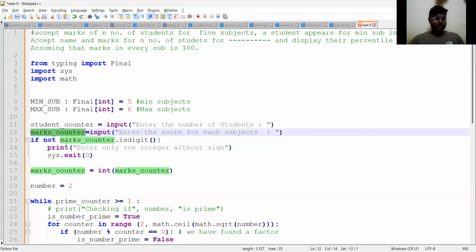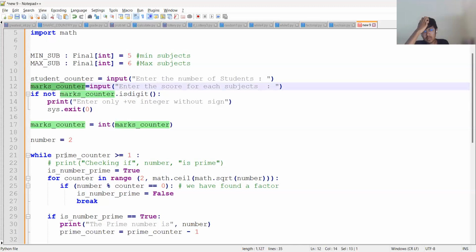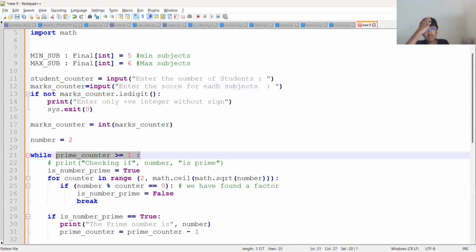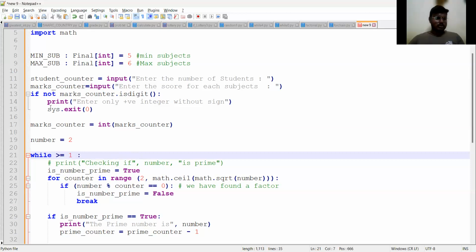So the idea is I'm going to use two while loops. Inside one while loop, I'm going to check for the counter for students, and in the nested while loop,